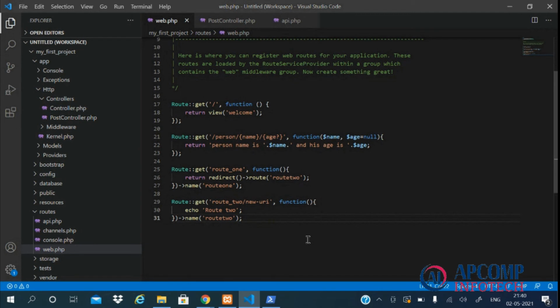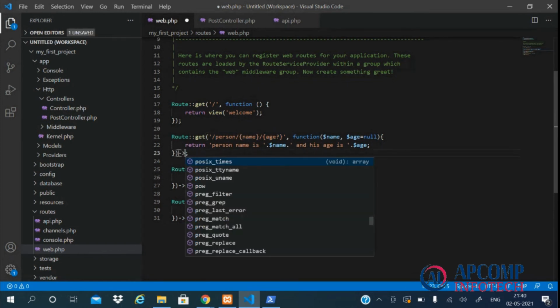I missed in the route names, which is if a route contains some parameters, so how are we going to provide these parameters in the route name? So for this, let's name this route as person.